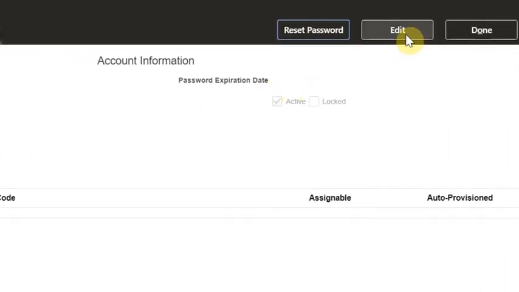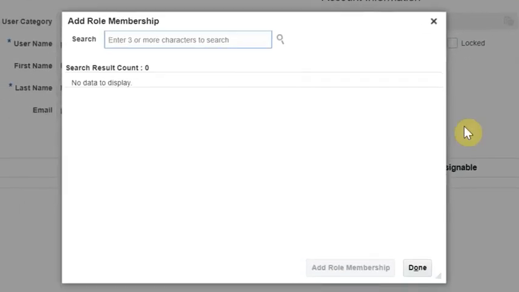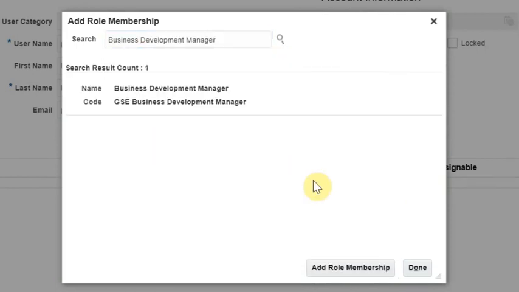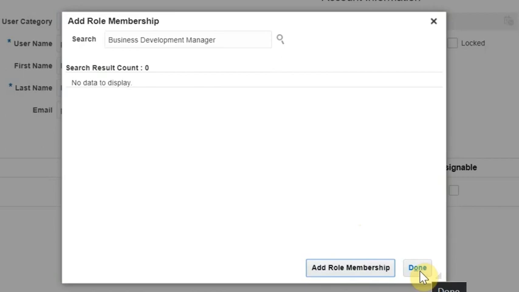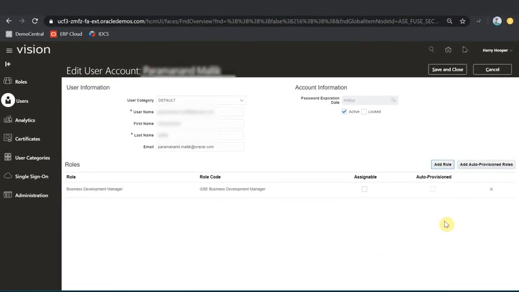Click Edit on the upper menu bar, click Add Role next to the roles header, search for Business Development Manager and select GSE Business Development Manager. Click Add Role Membership, then click Done. The new user is now assigned the faulty job role.